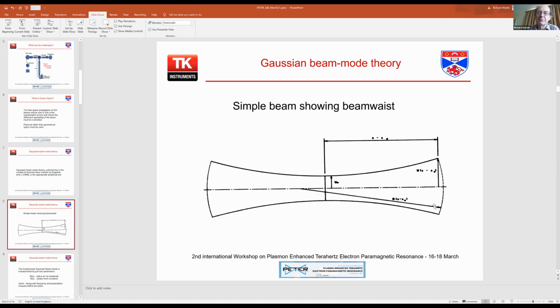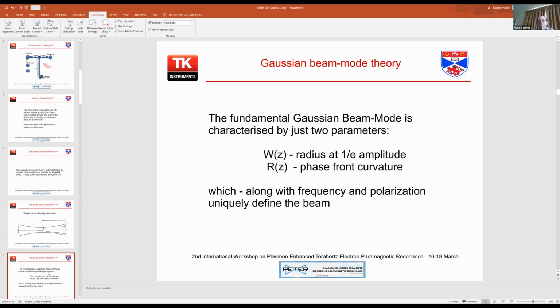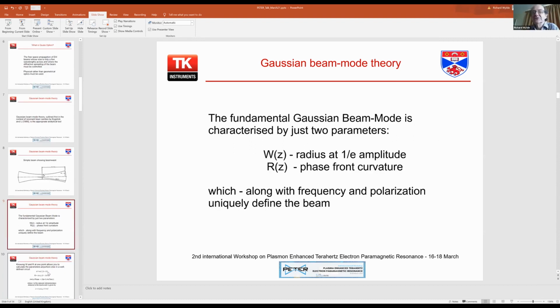Characterized by the symbol W, and a curvature on the beam. For a monochromatic beam, a single frequency beam with single polarization, if you know what the size is and the curvature is at one point, then you can determine exactly what the size and curvature will be at any other point, just by looking at these two parameters, the beam waist size and the